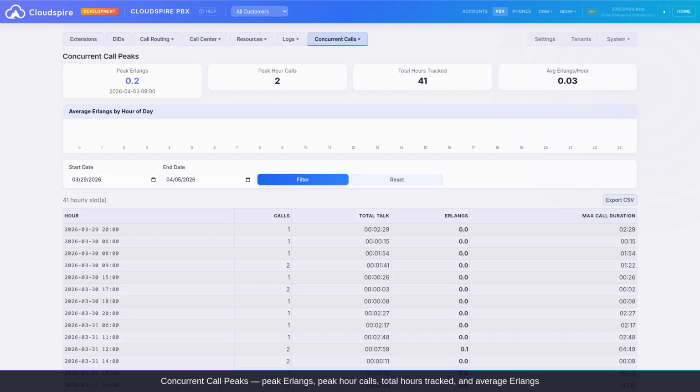Erlangs measure the total talk time divided by 1 hour. An Erlang value of 2.5 means 2.5 hours of call time occurred in that hour slot, meaning you needed at least 3 concurrent channels. Below the summary cards is the average Erlangs by hour of day bar chart, a visual